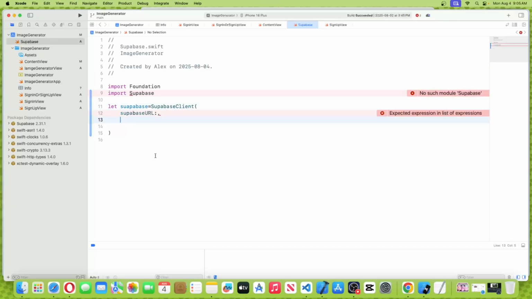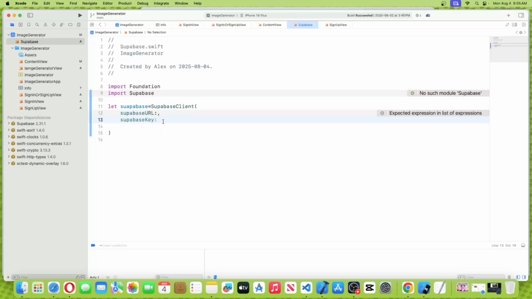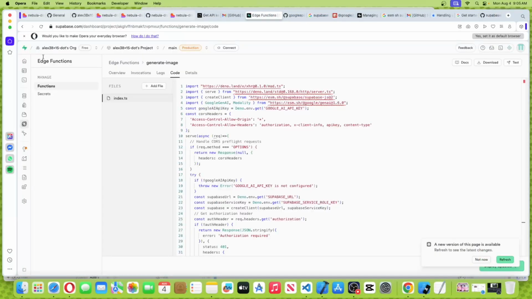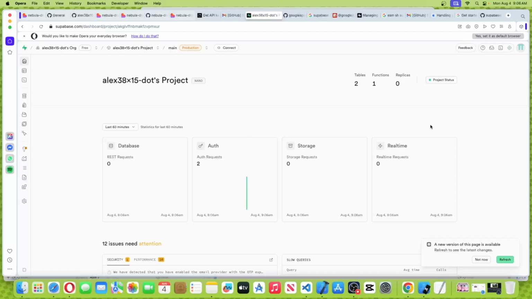The second will be the Supabase key, and that's the Supabase key. And we get the Supabase URL from our Supabase